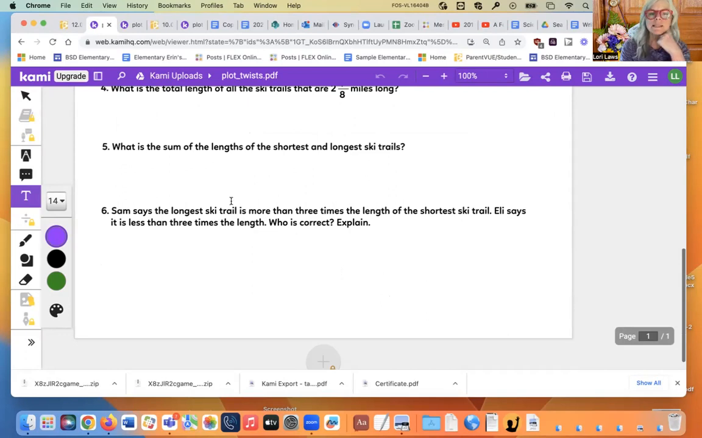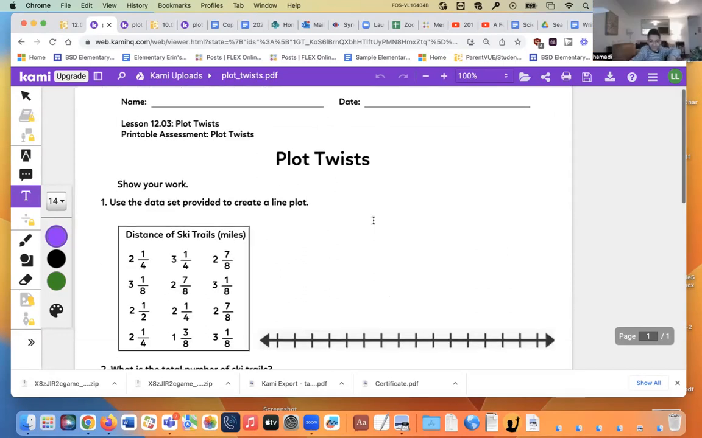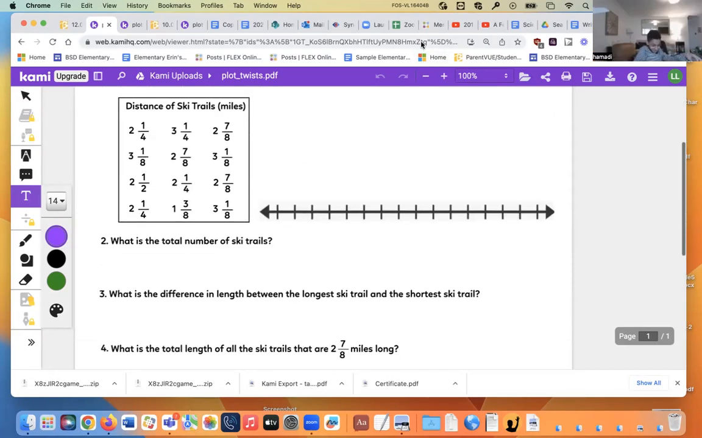Okay, and then the last one says, Sam says the longest ski trail is more than 3 times the length of the shortest ski trail. Eli says it's less. Who's correct? Explain. So we got to see if Eli or Sam are right. Eli, do you think you're right? You're going to have to figure it out. Okay, that's not due till tomorrow. But